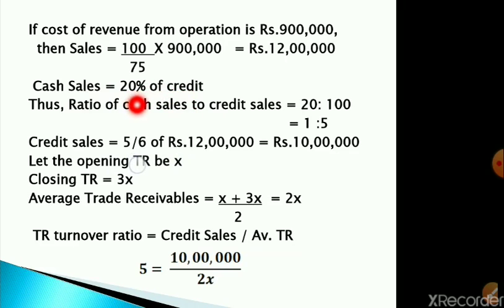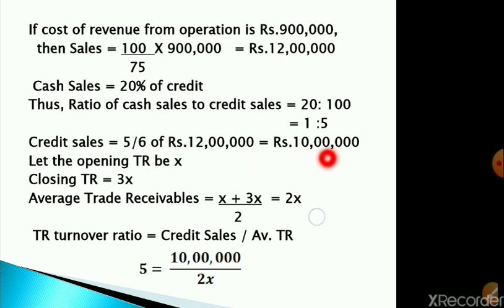So our cash sale is 20% of 100. So the ratio of cash sales to credit sales is 20 is to 100. By converting it into simplest terms, the ratio will be 1 is to 5. So now credit sales is 5 by 6 of rupees 12 lakh, that is of total sales, which is